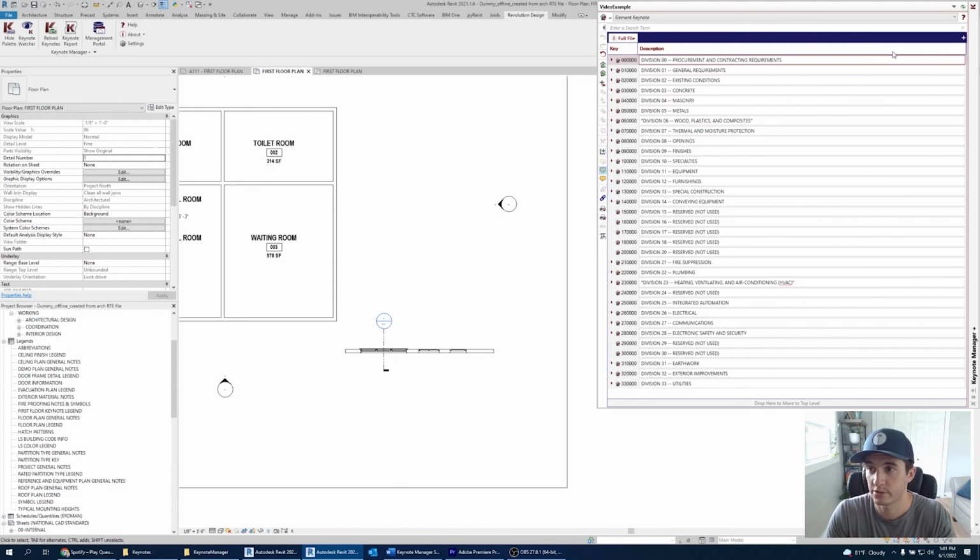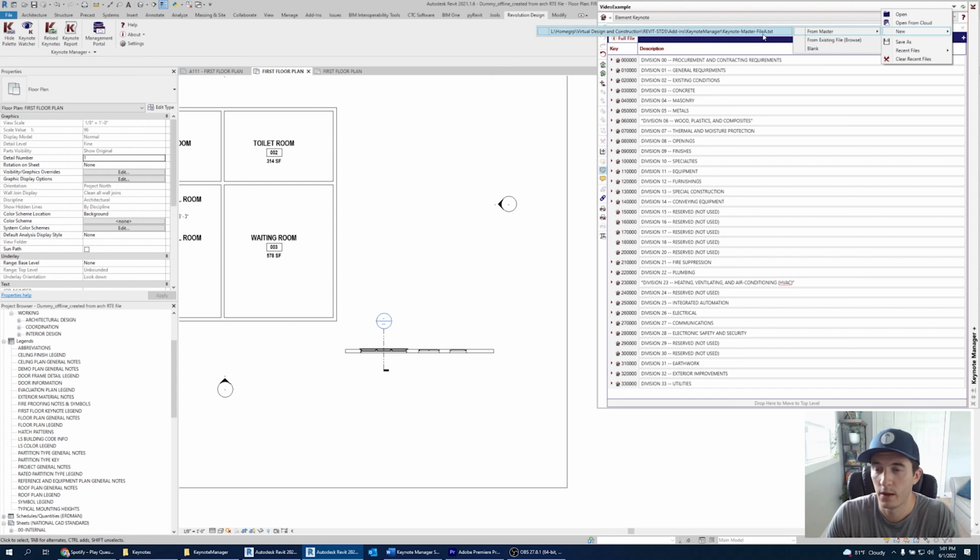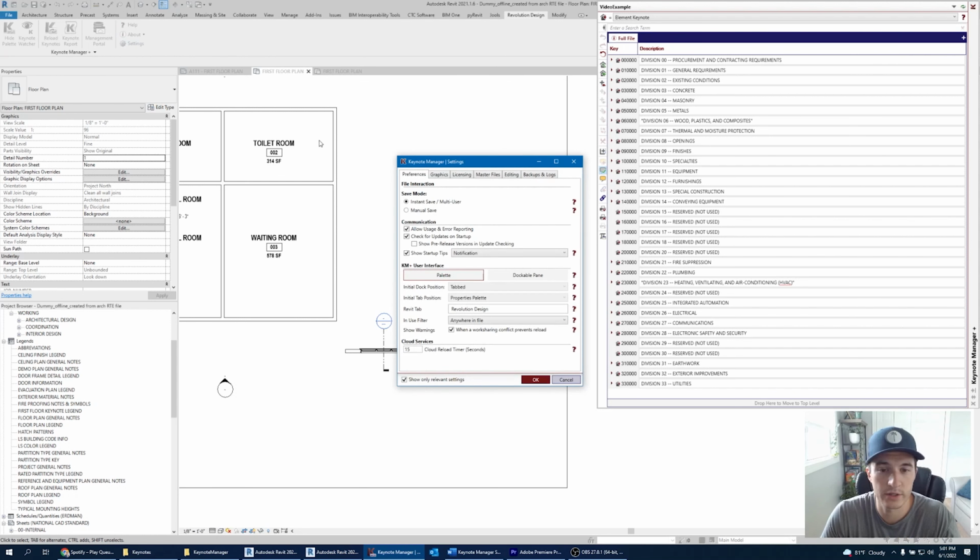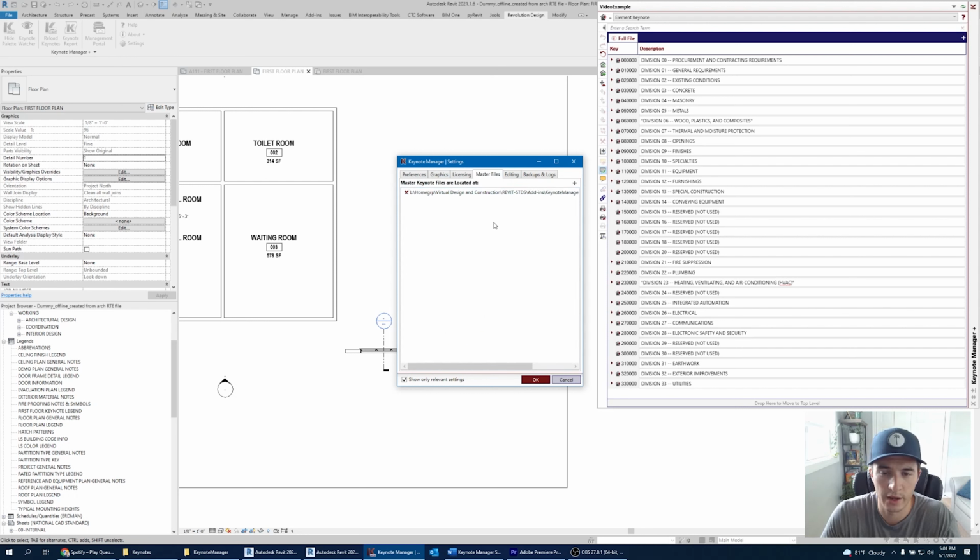So once you've created your master file and the master file is being curated, all we have to do is go in here and hit new. We'll go file from master. So mine pops up automatically. However, if yours is not popping up automatically, which most of yours won't if it's your first time loading, you go into this settings tab right here. So this is Revolution Design, the settings tab. Pop over to master files,